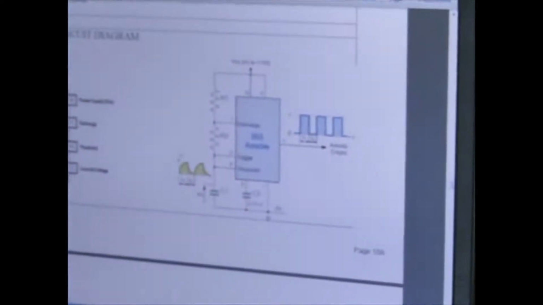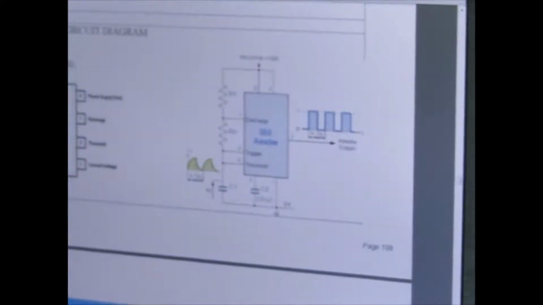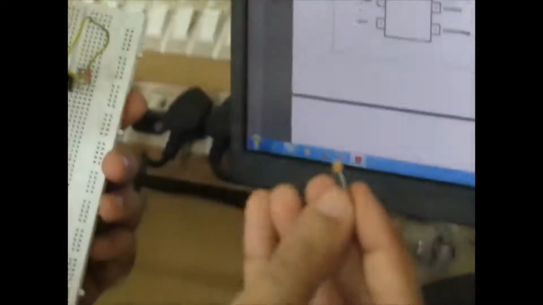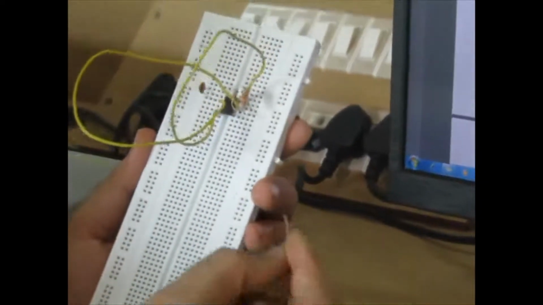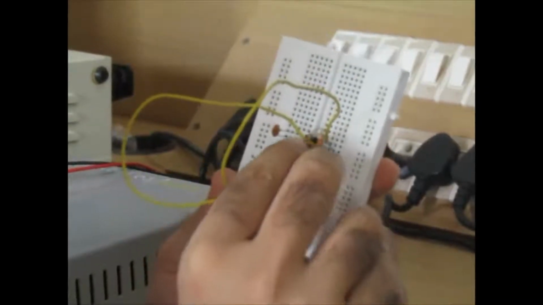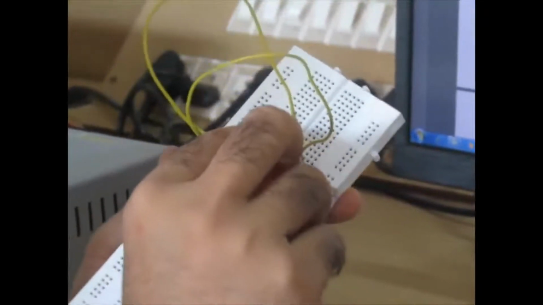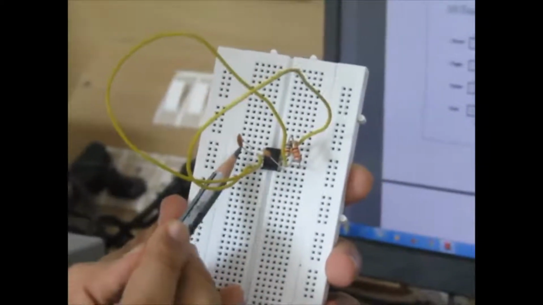I am going to use one more capacitor that is connected from pin number 5 and that will be connected to ground. So again pin number 1 only. Here I am going to use the bypass capacitor of 0.01 microfarad. You can see that the head of this capacitor is somewhat smaller compared to this 0.1 microfarad. So I will take a shortcut from pin number 5 to pin number 1 and connect it in this way.